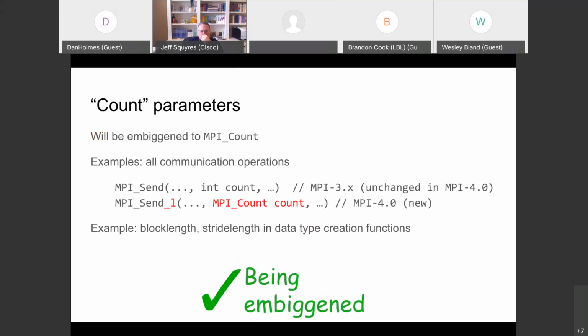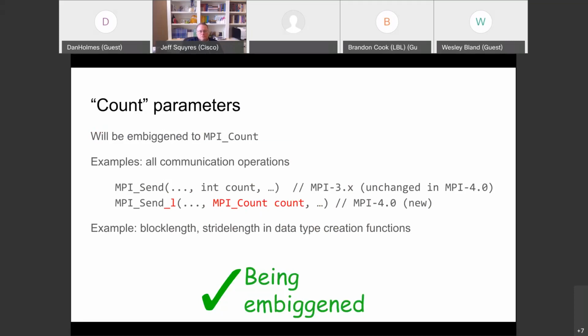The second decision is we are going to do all of the count parameters. This is the one that makes a huge amount of sense: X count, big count, large count. This is the obvious one. Of course, big count is going to make all the counts bigger. So we are going to embiggen all of the count parameters, the ones that are really doing the count job, to MPI count.